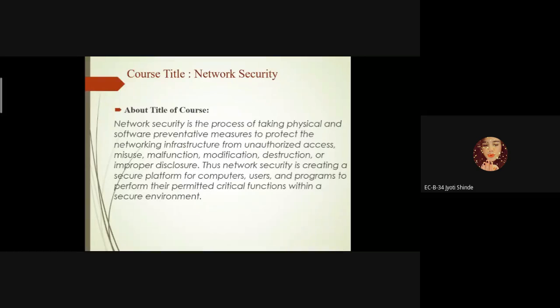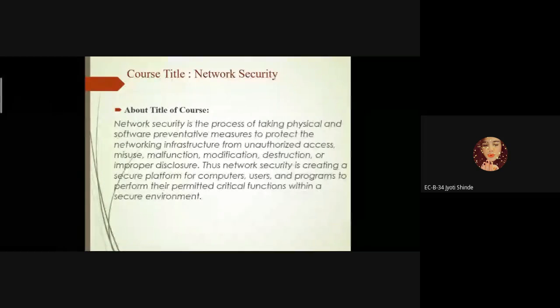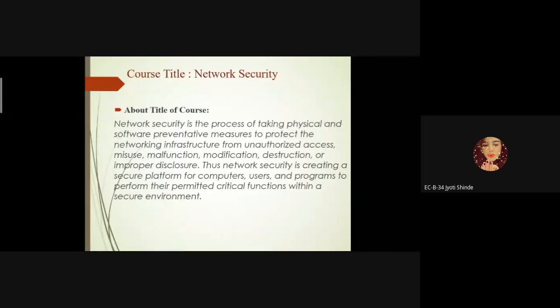Simply, we can take the example of our mobile phone. If we have to secure our mobile phone from others, we might not want our mobile phones to be used by another friend. So simply we can put a password on our mobile phone. It is a security key, so by using that security key, only the owner can access the mobile phone. It is also an example of network security, but how it can be developed and used, for that we have to study the various hardware and software combinations.